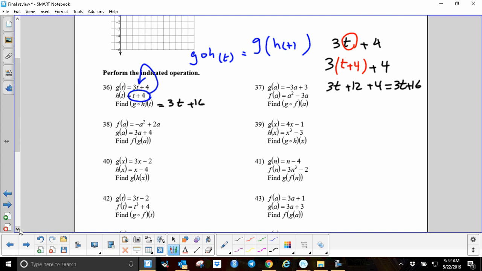Sometimes they only ask you that. Sometimes they ask you to find G∘H, but instead of saying T, they say if it is 3. So you do the same exact thing. You find the equation, and at the end, instead of t, plug in 3. So in this case, your answer would be